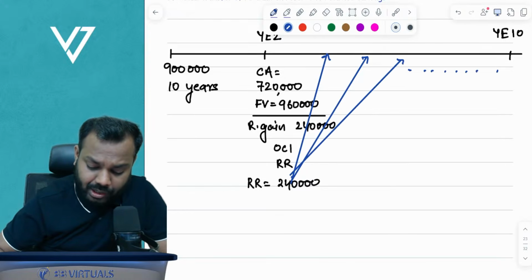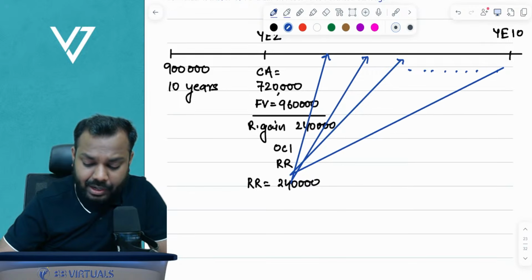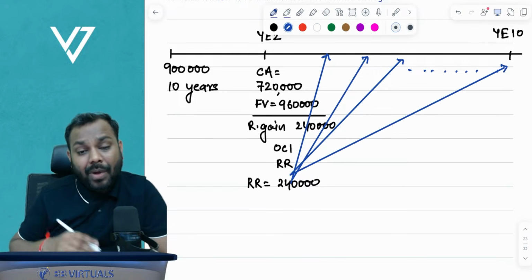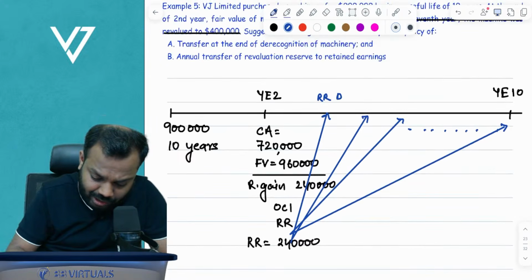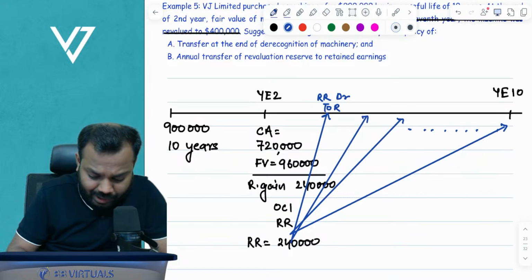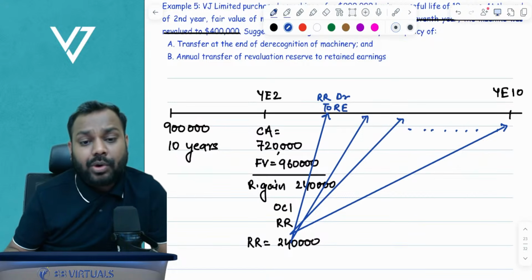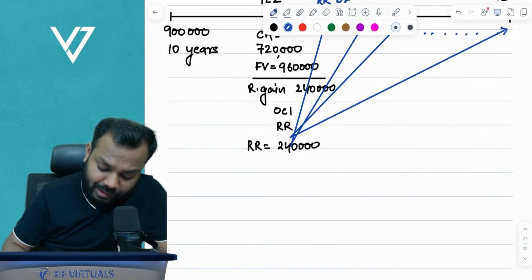I will continue doing it till year end 10. By what amount? So I will keep passing it: revaluation reserve account debit to retained earnings. But comes the question, what amount? So standard says by